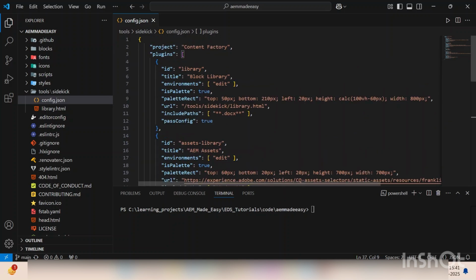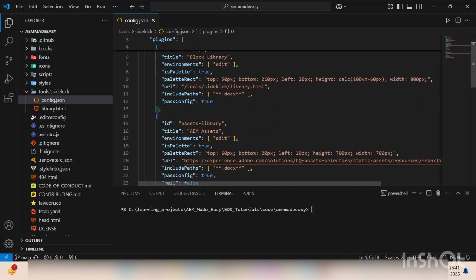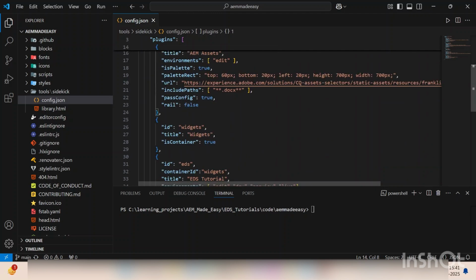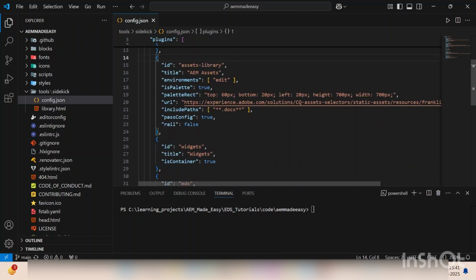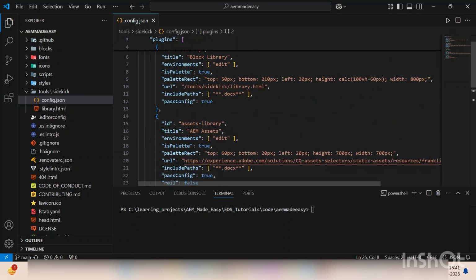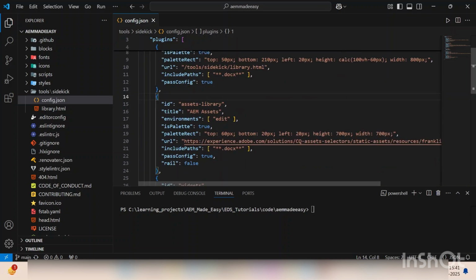This is the structure. This is the config.json where we can add. This basically holds the definition of each and every action that is called, like one plugin. So this is an array, and each array is having one object. You can say this definition basically corresponds to that particular action. For example, if I check the AEM asset integration,